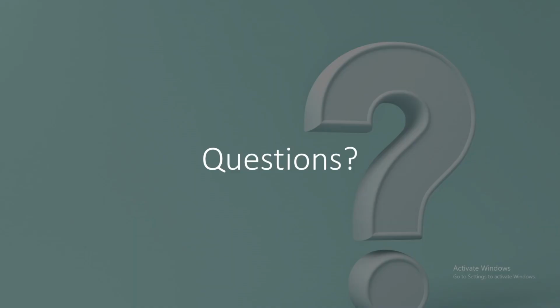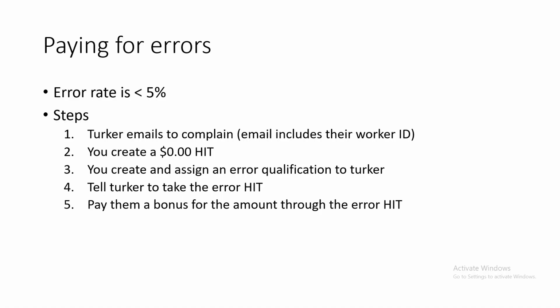Last thing, paying for errors. So I would expect an error rate of less than 5%, but you should at least budget for 5%. So just expect that. If you're going to do 100 hits, 5 of them are going to come back with problems. When that happens, the Turker is going to email you, and that email is going to include their worker ID. You send them an email back, let them know you got it, you're going to pay them, or you're going to mitigate it, however. In order to pay them for their error, you want to create a $0 hit,